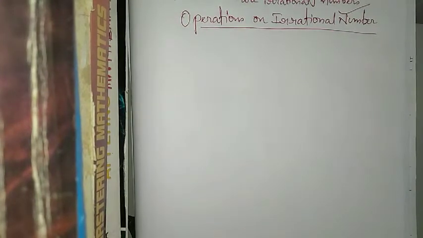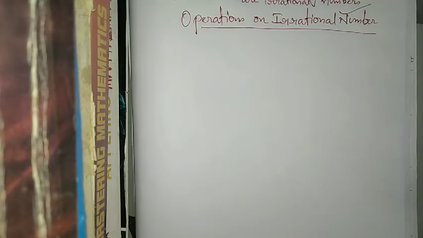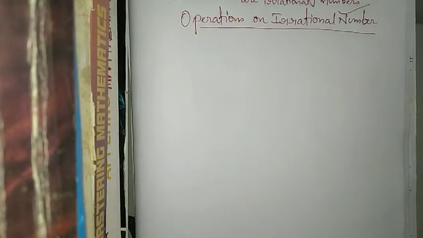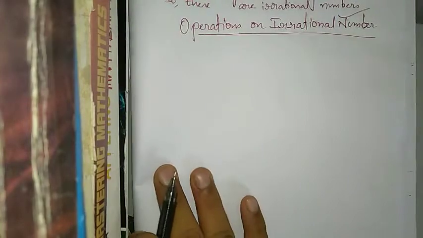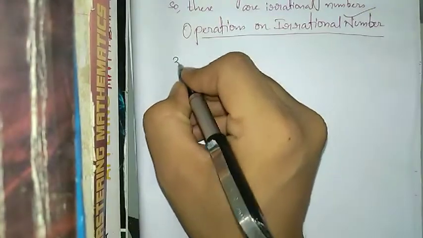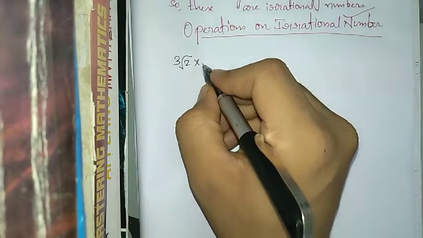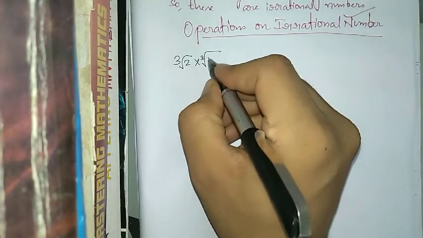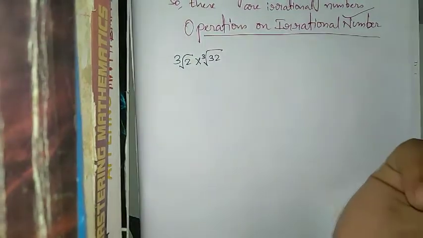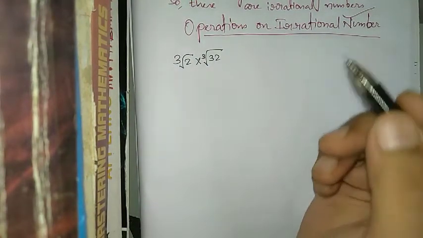Now let's move on to some questions, the operations on irrational numbers. Many a time you will look at a question and feel that this is definitely an irrational number, and it will turn out to be a rational number. So I'll take some examples, like cube root of 2 multiplied by cube root of 32. Okay, so here you see students,